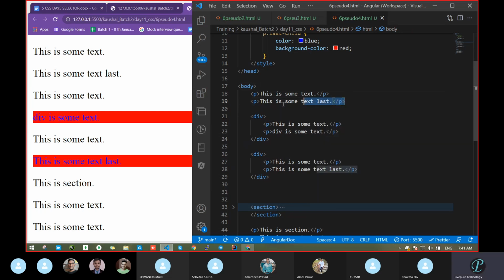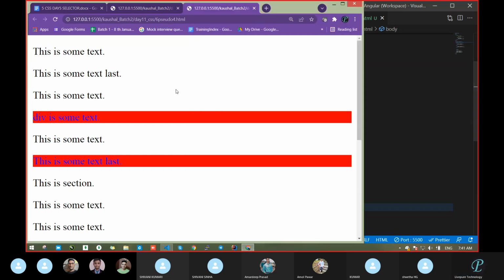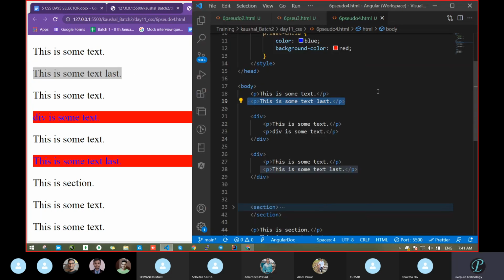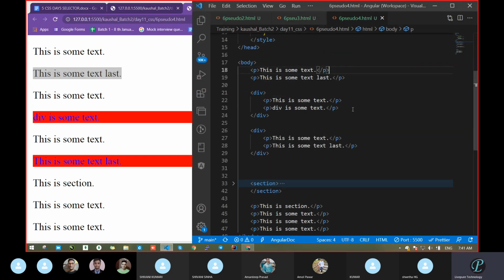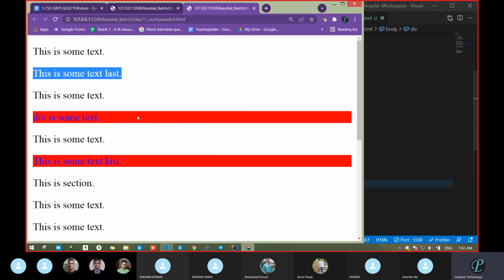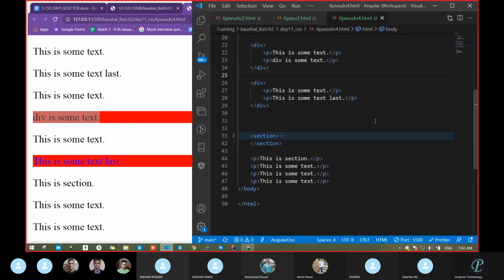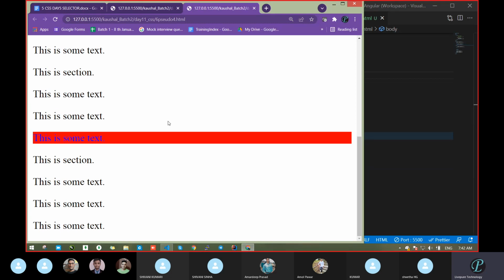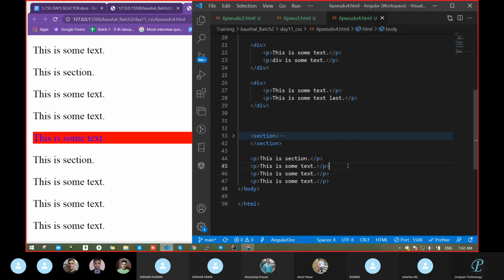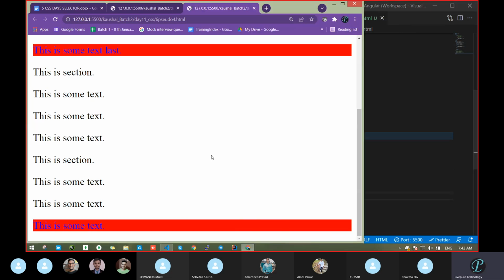In this case, he has not taken this one. This is clear. He removed this one. Okay, and in the div section, he has taken this one. Div is the last text. Fine. Next is that. Go down. Then this is some text. This is some one second. Let me comment this. Previously, which line was coming?